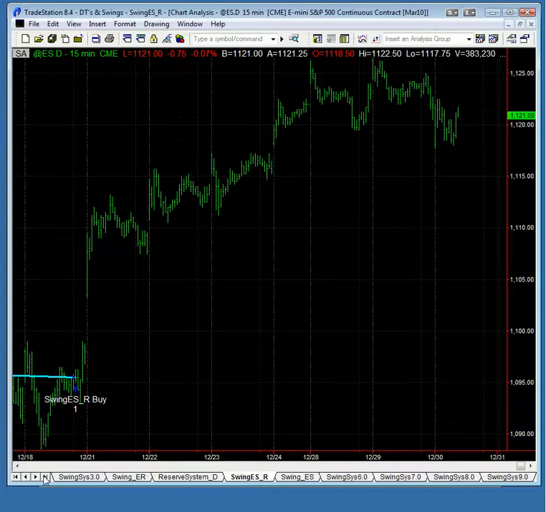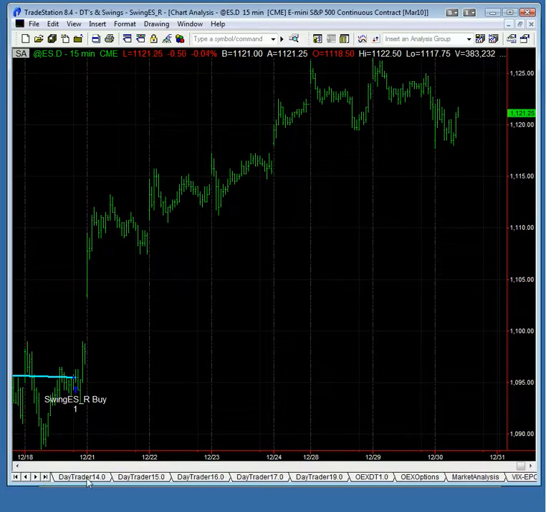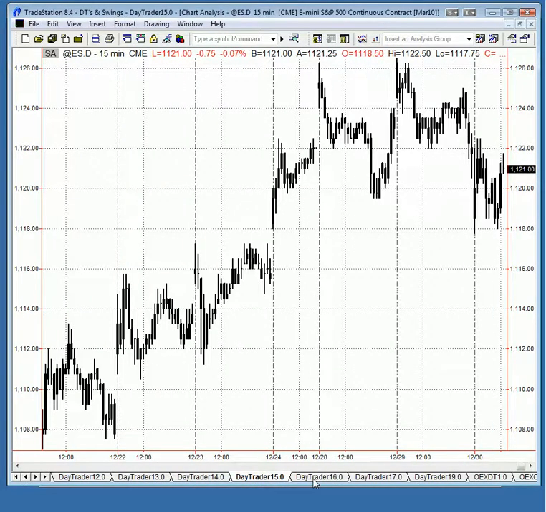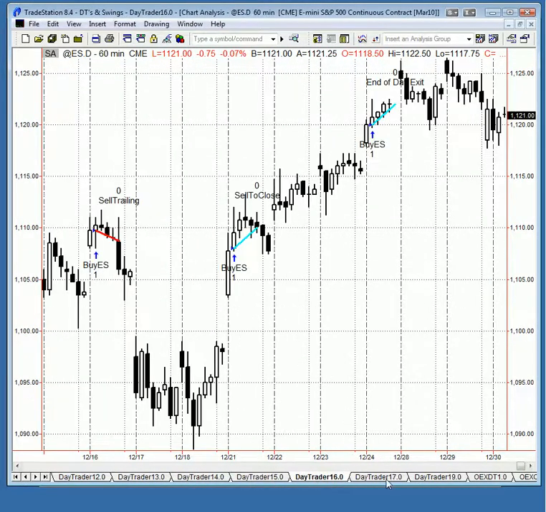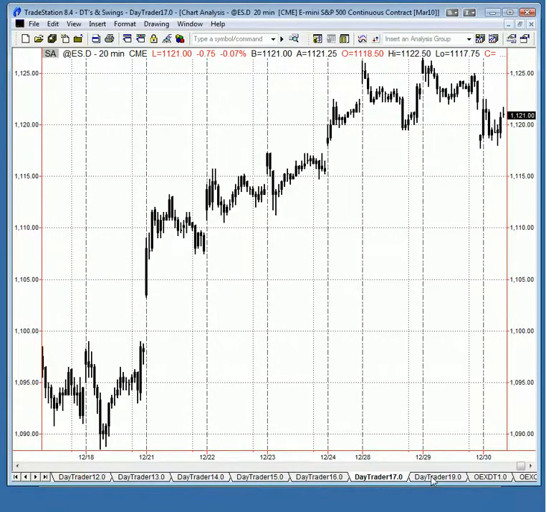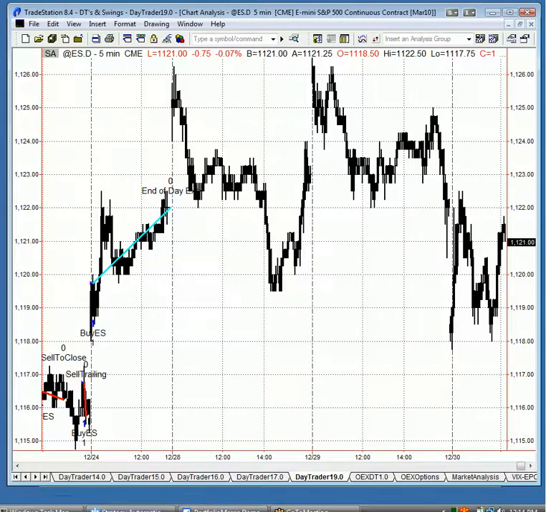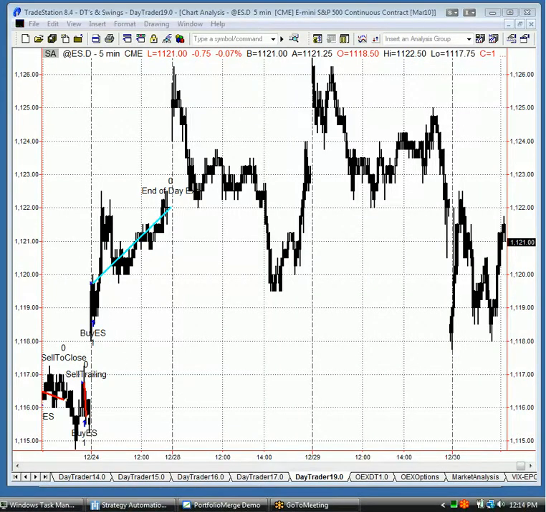But over to our key day trading systems. Our relatively new systems, the 13.0, haven't been trading much. 15.0, 14.0, 16.0, a few winners there, as you can see. 17.0 hasn't traded. 19.0 catching a nice winner there. But those haven't really traded much. I guess just staying out of the chop, which certainly in this market has been great to do. But we're going to go ahead and switch over to look at